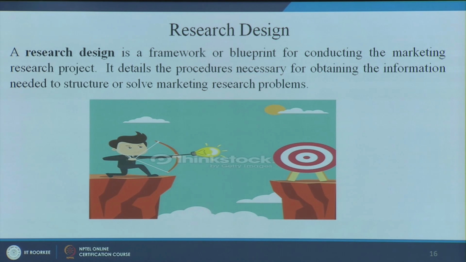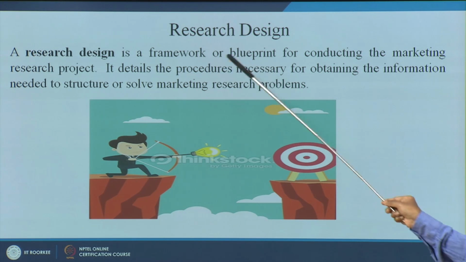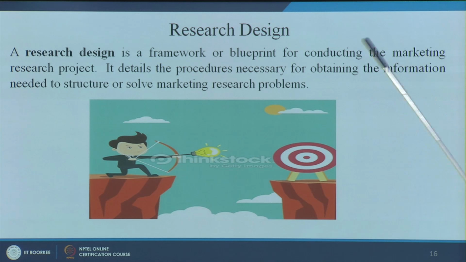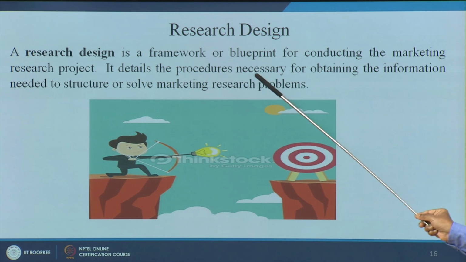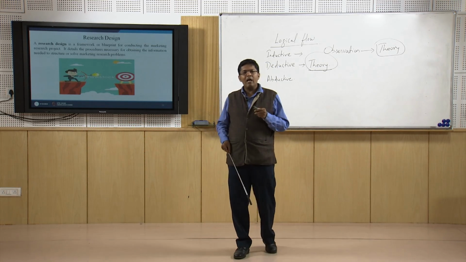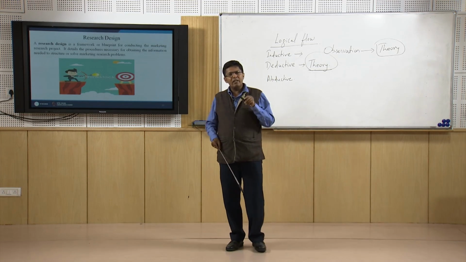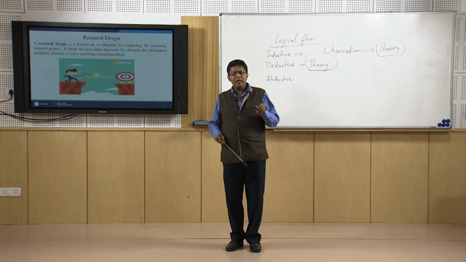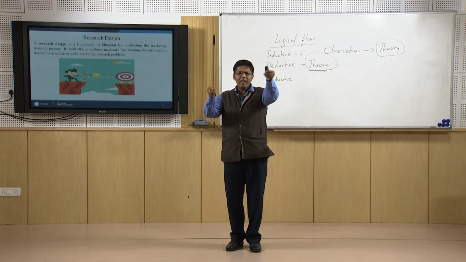We said research approach, now what is the design? Design is a planned network, a planned approach. It is a framework or blueprint for conducting the marketing research project. It details the procedures necessary for obtaining the information needed to solve the marketing research problems. In one way, I will say that a research design is nothing but a road map,